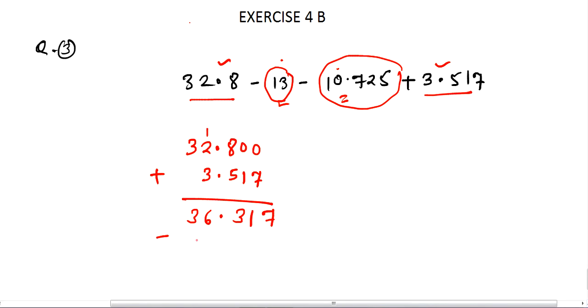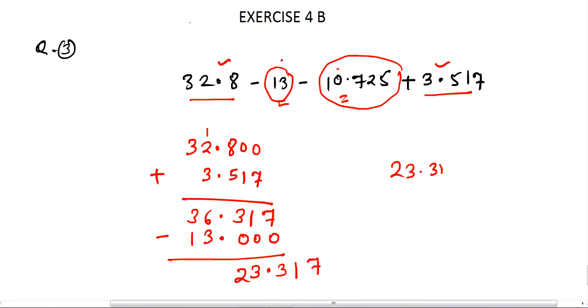So first I am subtracting minus 13. Only 13 is there. So I will write 0, 0, 0. So 7, 1, 3. Point. 6 minus 3, 3. 2 minus 3 minus 1, 2. So we got here 23.317. Clear? Now last value